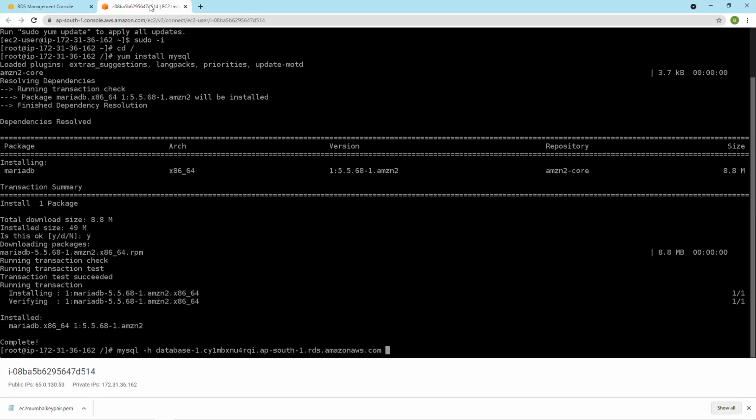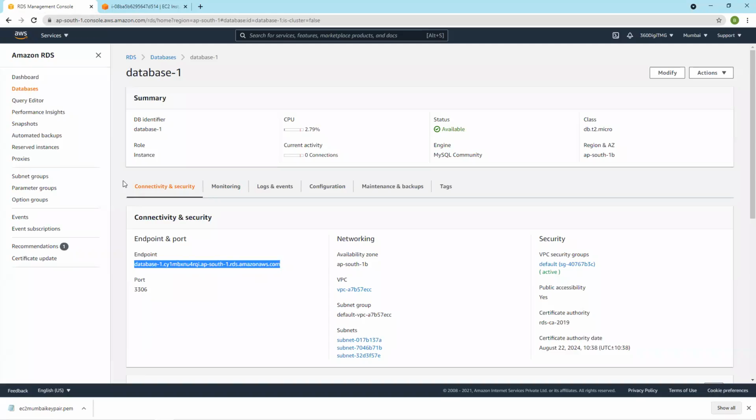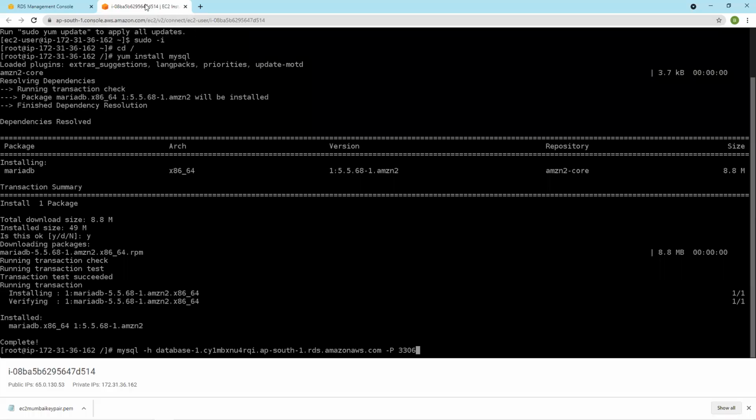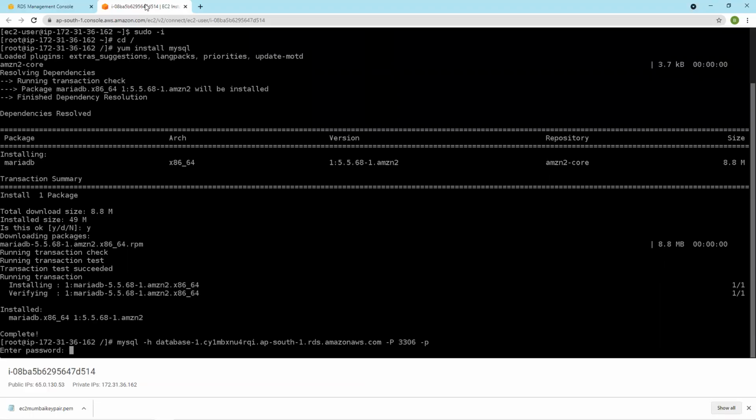Control V, and the port is 3306. Port is 3306, and then -p will ask you for the password, which you set while creating the RDS service.